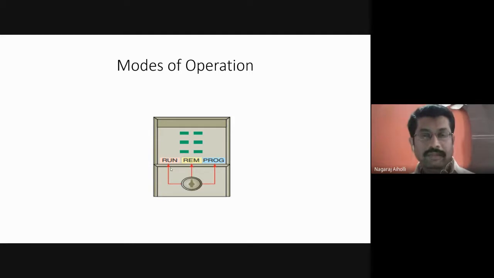Then the remote mode means, say when the PLC is at some place and our controlling is at some other place. PLC is here, controlling is somewhere else. Okay, PLC is here, controlling is somewhere else. That is called the remote mode of operation. Then programming mode of operation is,